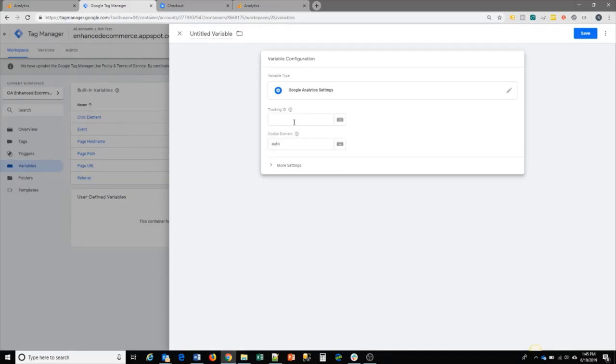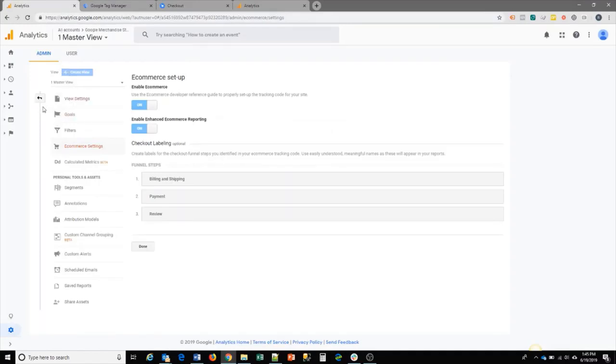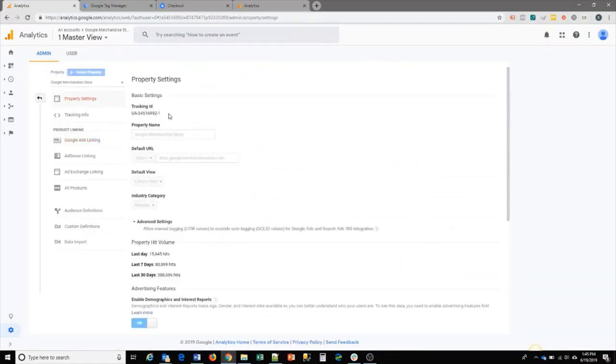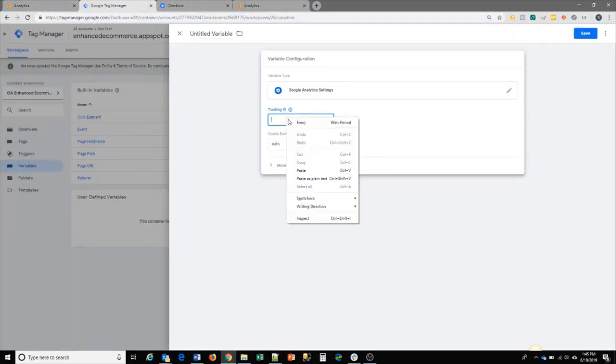Here you would enter in your tracking ID, and you can get that from your property settings in Google Analytics. You would just pick it up from here, for example, and you would put that in your tracking settings,